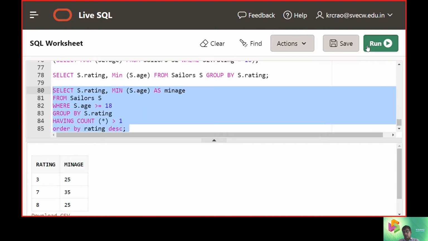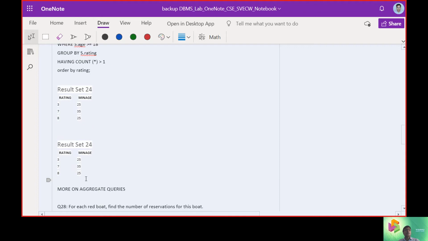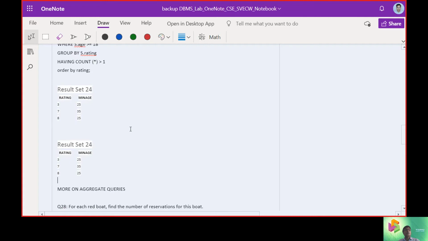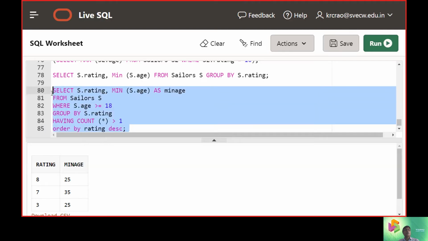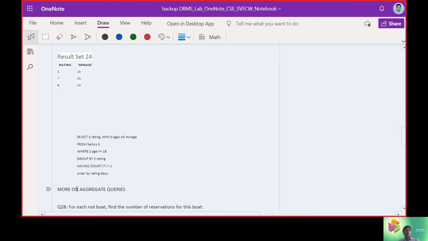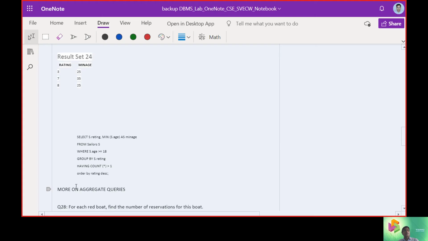You can see 8 is first, 7 is next, and 3 is next. So we put the same query and we expect the answer to be in descending order.